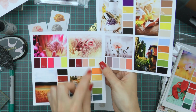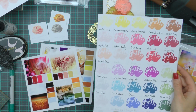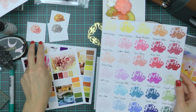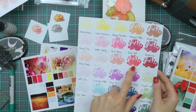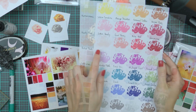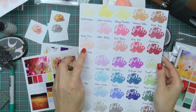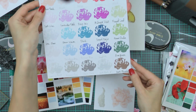more warm browns, and this is what I'll try to incorporate into my project. I don't have this particular color combo stamped out, but if I grab my ink chart, I can pretty much decide on the colors in a couple of seconds. So for the first color combo, I'll use blush, perfect peach, rouge, and crimson. And for the second, I'll again start with blush and perfect peach, but I'll also add paper bag and dark